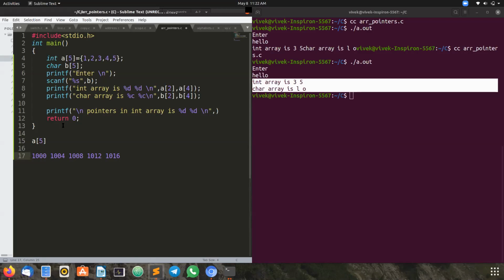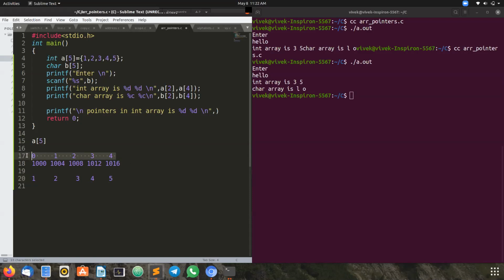Now this is index 0. Okay, I will put it here. This is index 0, index 1, index 2, index 3 and index 4. So these are the 5 elements. Now the value present here is 1. Here is 2, 3, 4 and 5. Statically I have given these values.